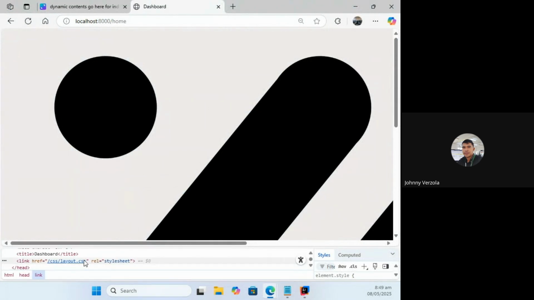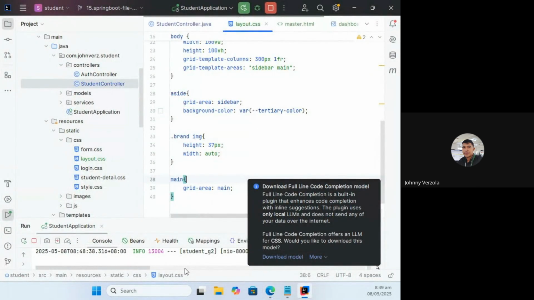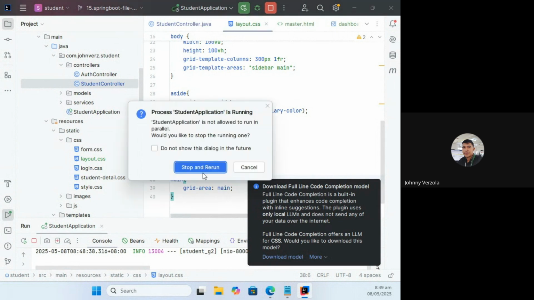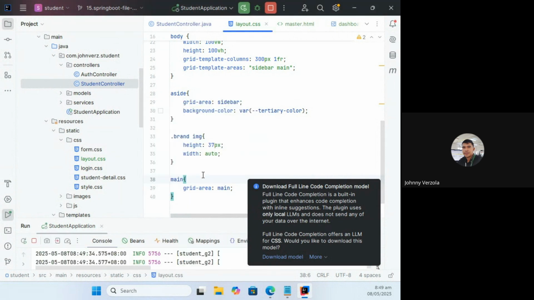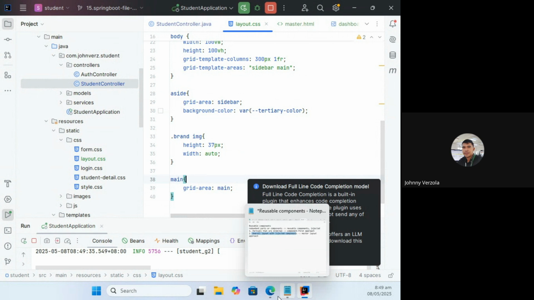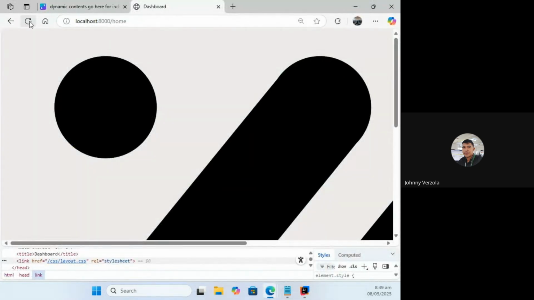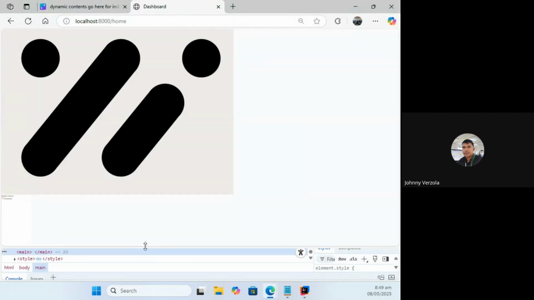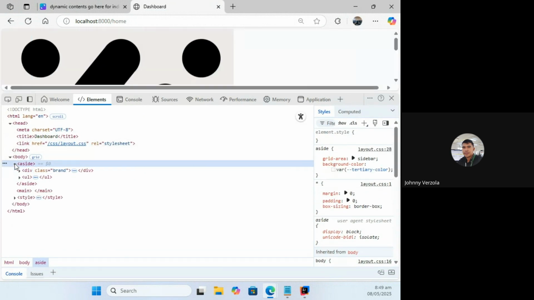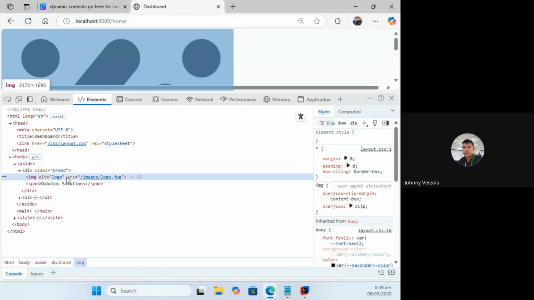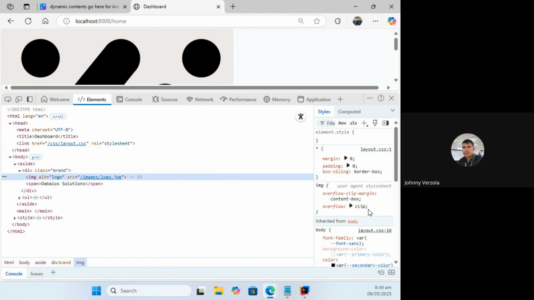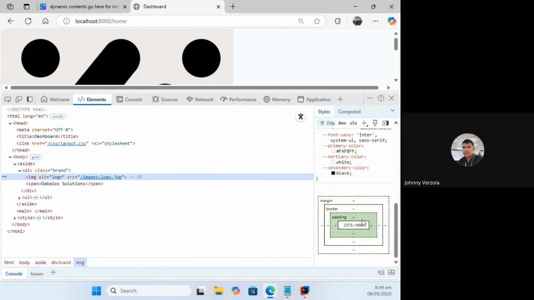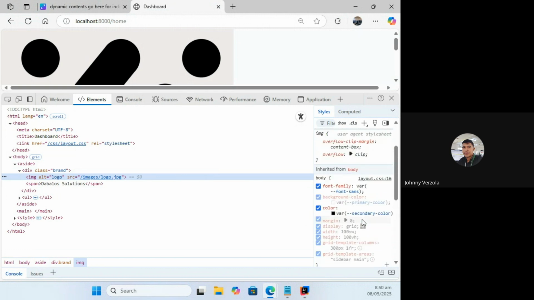No effect? Did I not rerun it? I thought I ran it. Still no effect. If you're not getting any effect, you can inspect that item and see if, no, there's no CSS applied to it.